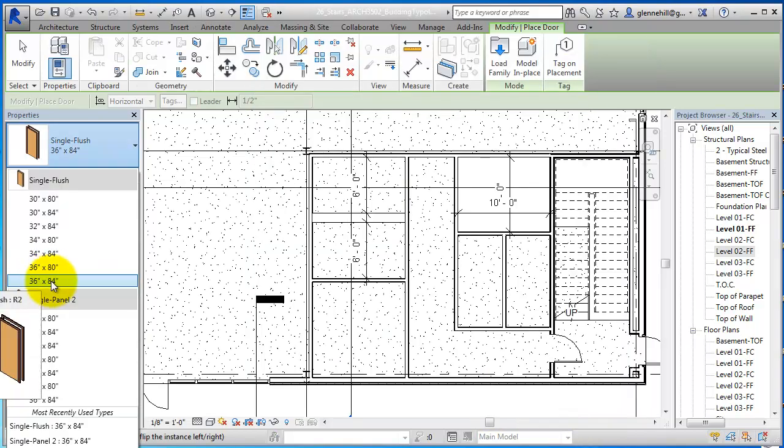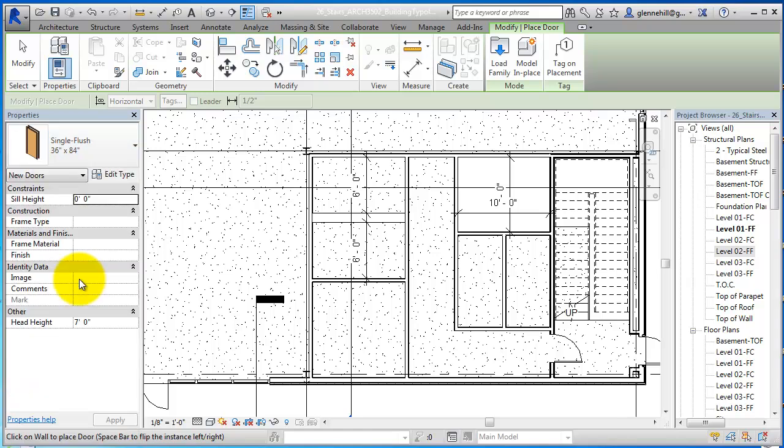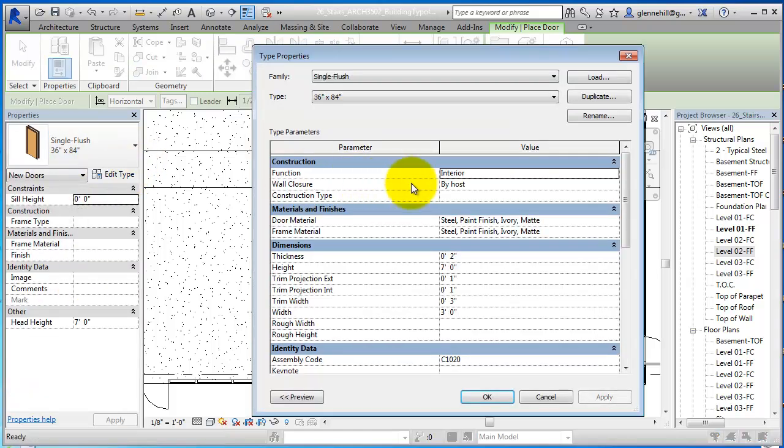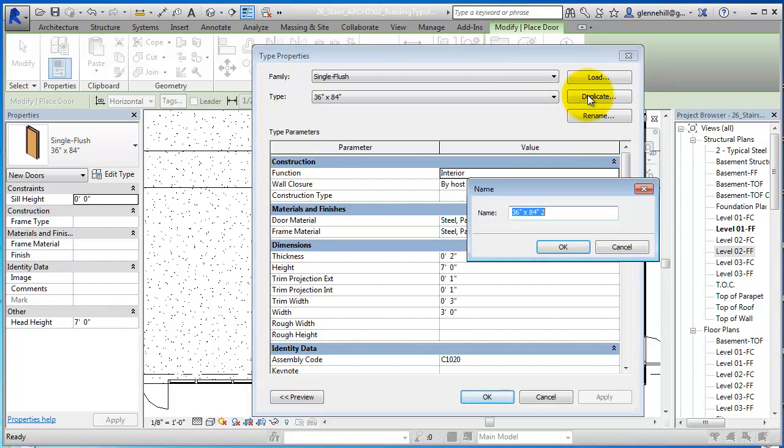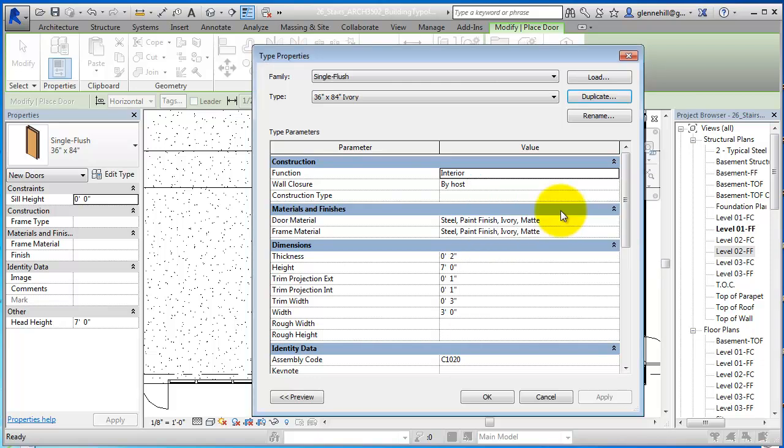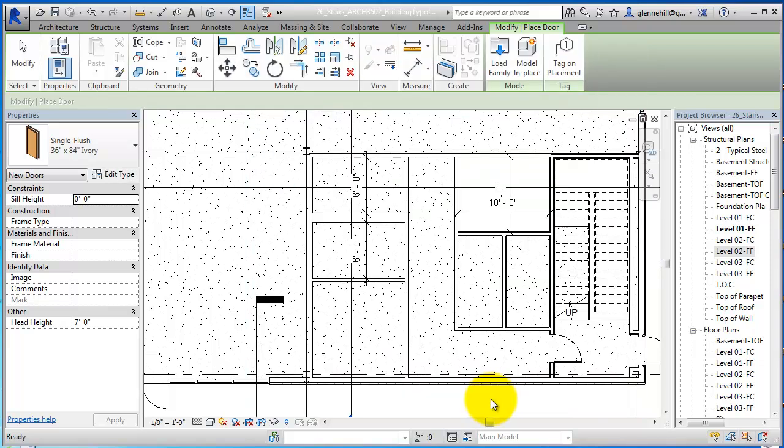I made a mistake there. I probably really should have duplicated that and put white out beside it. I think what I'll do is go into edit type and do exactly that, so that I know this is, and be more accurate. Let's say ivory. Say OK. And then I'm going to put this door in, and as you can see, it flips back and